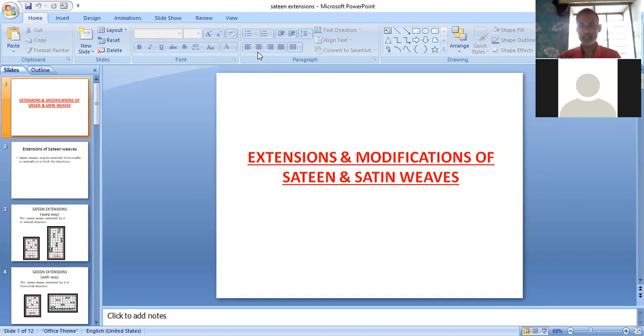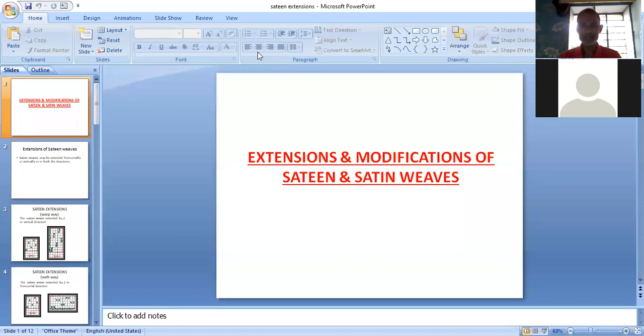In that we have categorized them into different categories like warp rib, weft rib, ordinary hop-sack, fancy hop-sack. Then we have taken 7 types of modifications of twill: waved twill, herringbone twill, curved twill, transposed twill, elongated twills, broken twills, and combined twills.